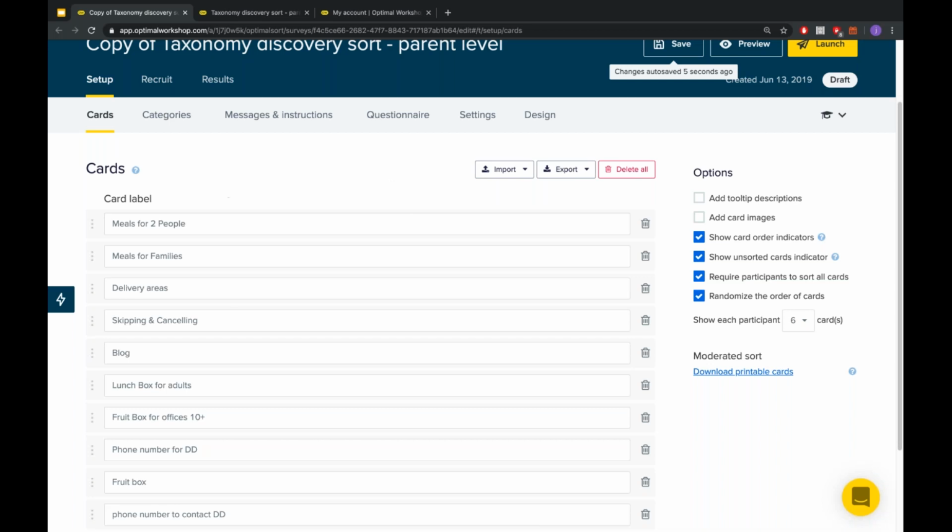We also know that sometimes a short description of text is not the best or what you want your participants to be working with. So we've got some lovely features. The first is to add tooltip descriptions if you need to demystify some jargon that you've provided, or make sure that the various groups that you want to recruit have the same level of information before providing their sort. This is a nice way to keep everybody informed.